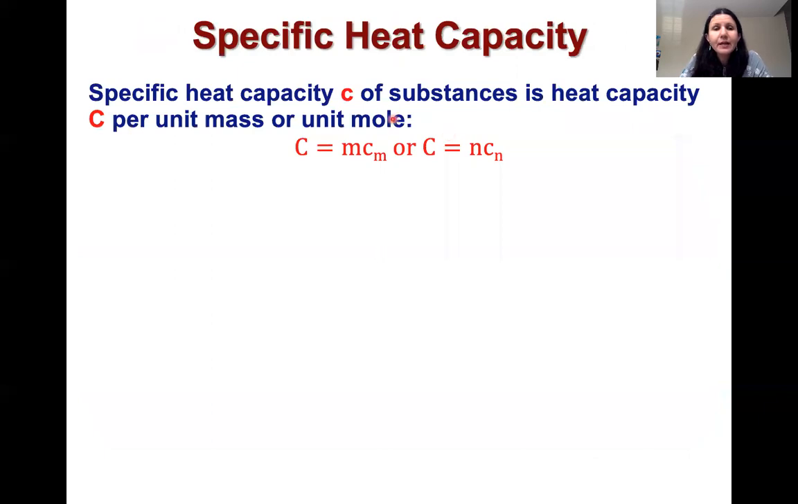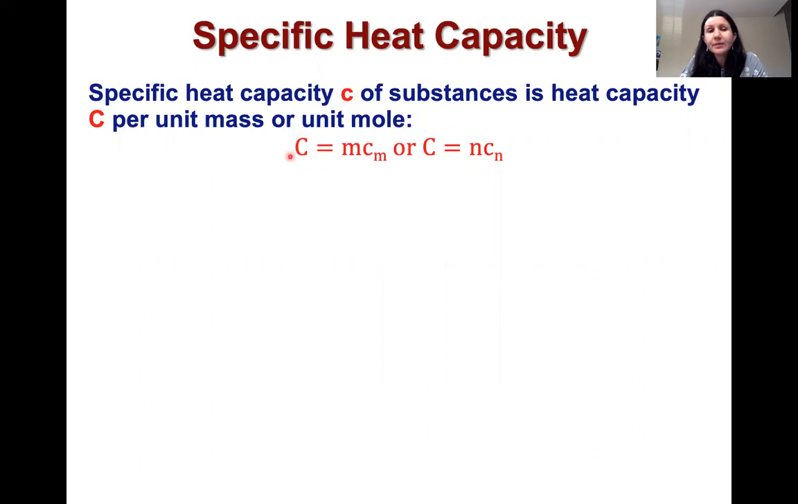Okay, so how do we distinguish heat capacity and specific heat mathematically? So remember, again, specific heat is something that's intensive, so it does not depend on the amount. So it's basically heat capacity per unit mass. Or if we're talking in terms of moles, which sometimes we will, it's per unit mole. So basically we can rewrite